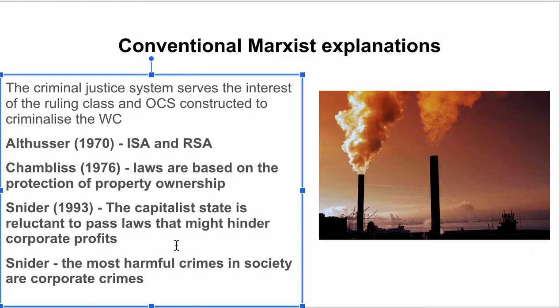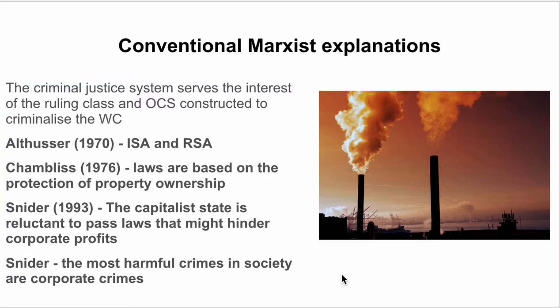The repressive state apparatus are those things that keep us in line through force. So the police, the criminal justice system. When we're talking about crime, you could use Althusser and say, through the repressive state apparatus, Althusser Marxists would argue that the police are there to keep the working class in line. Building on this, Chambliss talks about the fact that the criminal justice system, legal system, laws are based on the